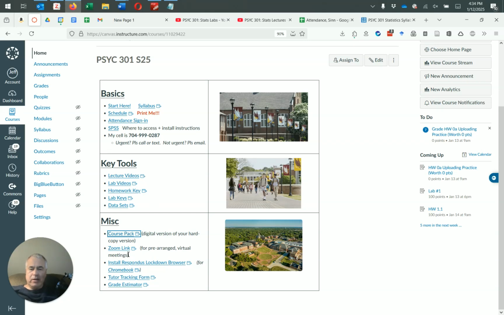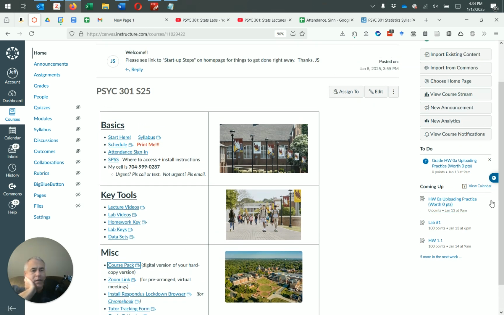Where else am I? Okay, if you ever need to meet with me by Zoom, or we have class by Zoom, there's the Zoom link. If you're taking the test on your own personal computer, you're going to need to have Respondus Lockdown Browser installed. I've got the install instructions there and 2 other things I'm not going to talk about. Over here on the right-hand side, you've got the coursework coming up.